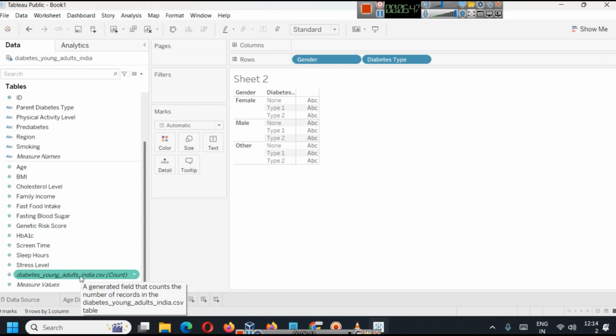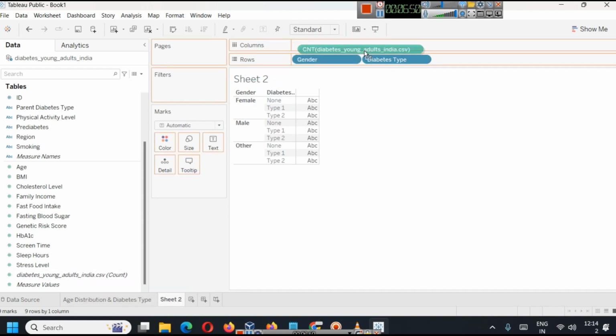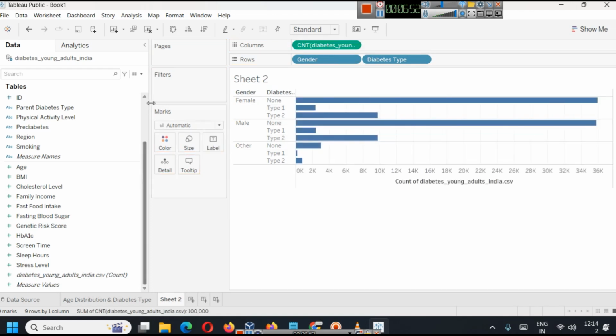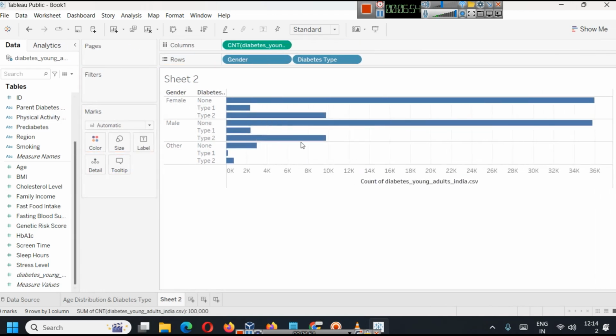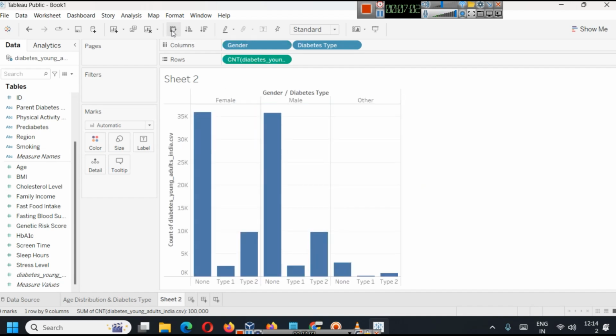You can see a generated field. So here you can just add it there, and it will create a chart for you. It is a clustered column chart. And here we will simply swap rows and columns. So it will create something like this for us, and we can call it